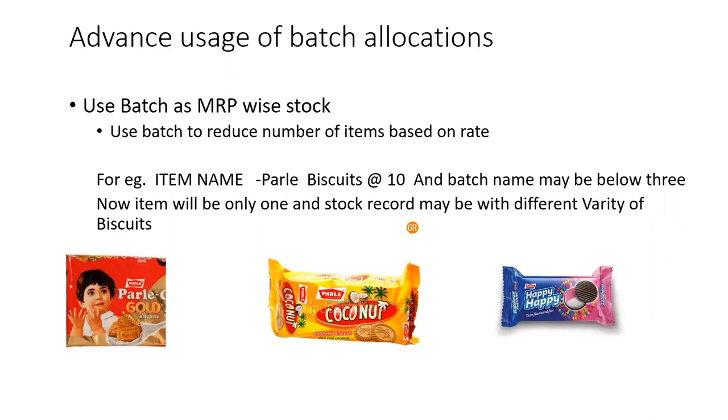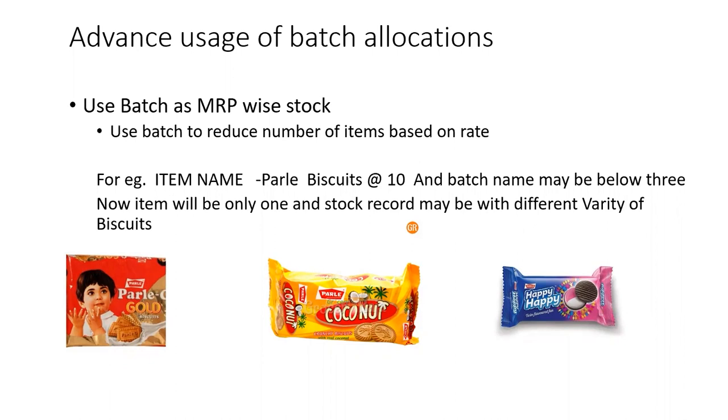Let's take one example. I am creating one item, name is Parle biscuits at the rate 10. That biscuit price is 10. So I don't want any distinction between Parle G, then Parle Happy House, then any other coconut biscuit. I don't want to create multiple items, because the handling of these items is not